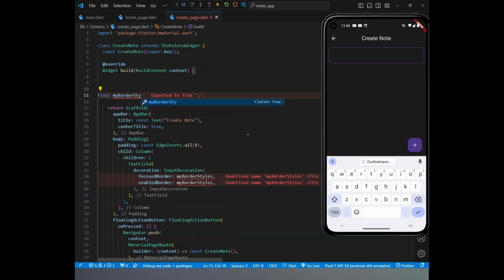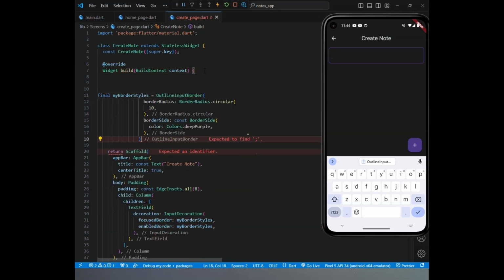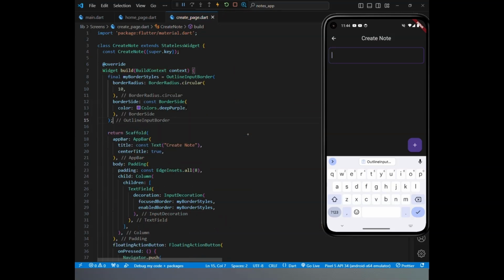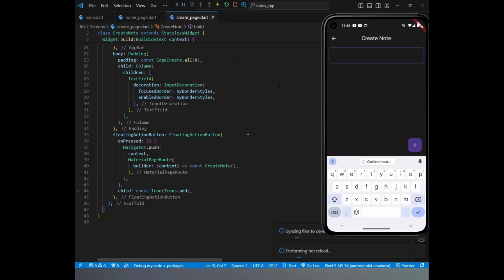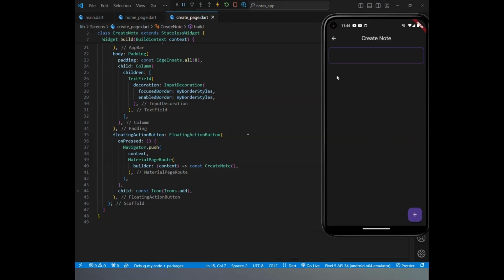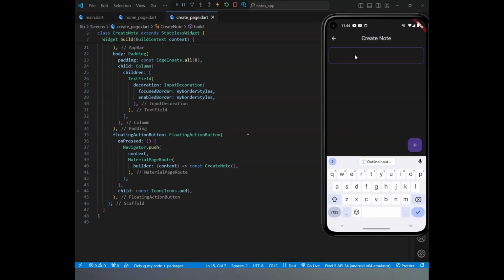Let's talk about its most recognizable parts. First, the app bar, which we discussed earlier, is seamlessly integrated into the scaffold. By assigning the app bar widget to the scaffold's app bar property, you're placing a consistent navigation and branding area right where users expect it, at the top of the screen. This integration is one of the reasons the scaffold is so effective,